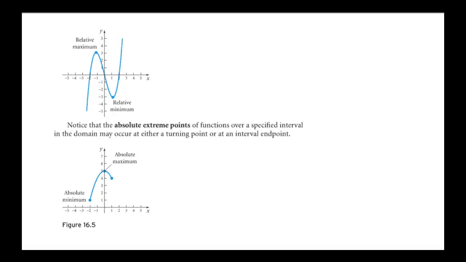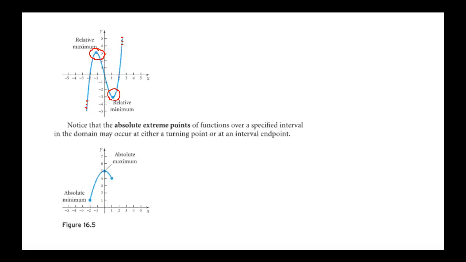You can have a relative maximum and a relative minimum. If I point out here, this relative maximum, in its little area of the graph, it is the highest point. But you can see there are points up here that are even higher. So it is not an absolute maximum, it's only a relative maximum. Similarly, down here at this relative minimum, in its little area of the graph, it is the lowest point. However, there are points over here that are lower than it. So we have two relative extrema here, a relative max and a relative min.